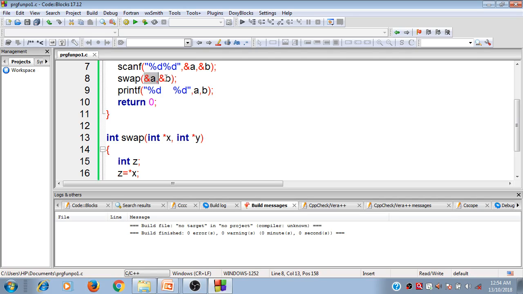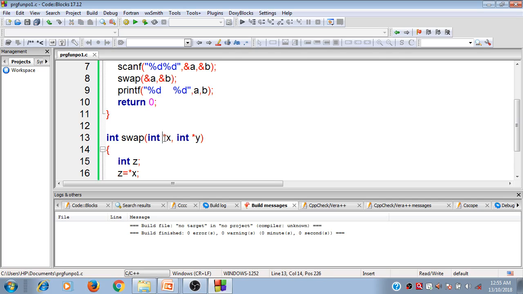So instead of using a and b, we are going to use the pointer variables star x and star y, or you can say asterisk x and asterisk y. So asterisk x and asterisk y are going to work for the values of a and b. Asterisk x is going to work for the value of a, and asterisk y is going to work for the value of variable b.